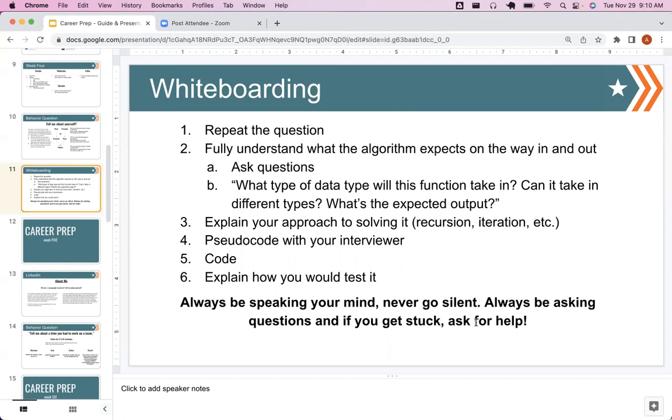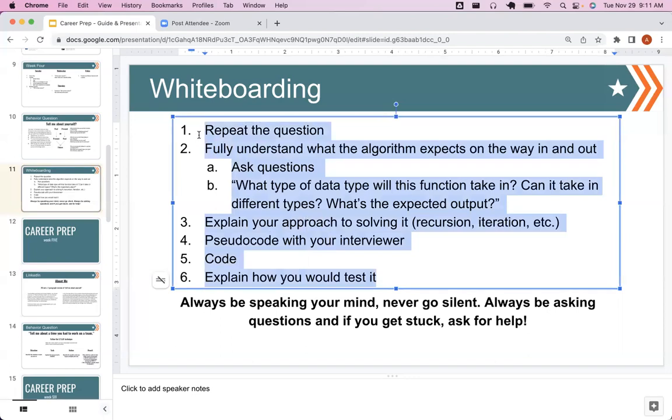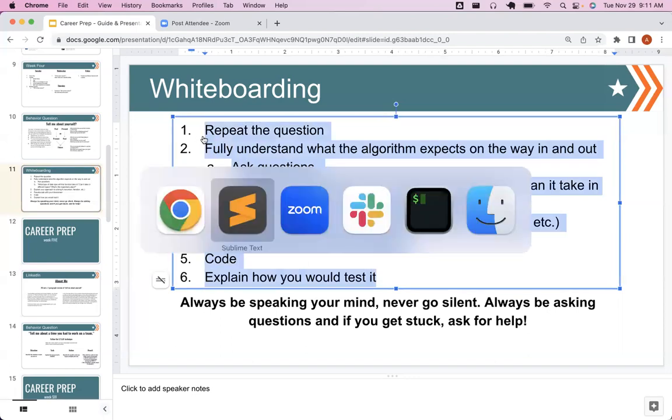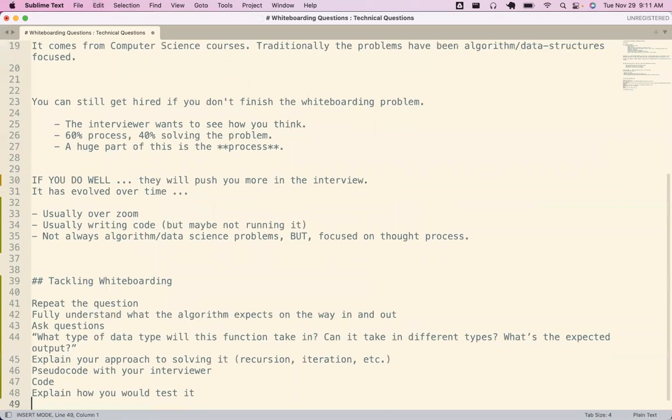So the interviewer isn't expecting you to be an expert. They're expecting you to be someone they can work with, someone who asks good questions, someone they can train, someone they can mentor, and someone who has some analytical skills and programming skills to bring to the table as well. But that's why the thought process is so important. And I'm just going to copy this stuff in here, because I'm going to add a couple points and context.